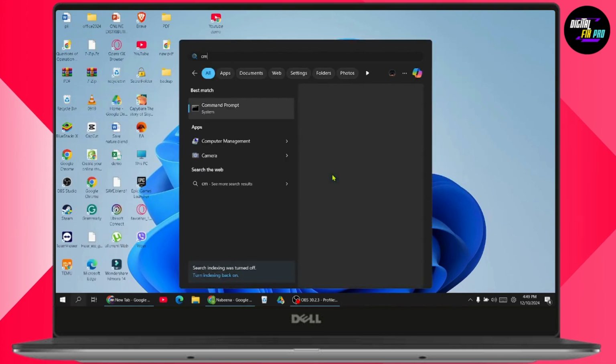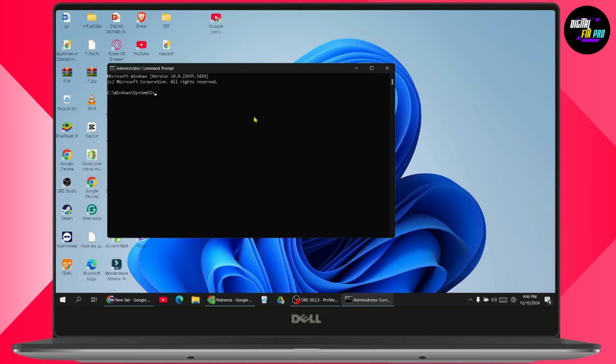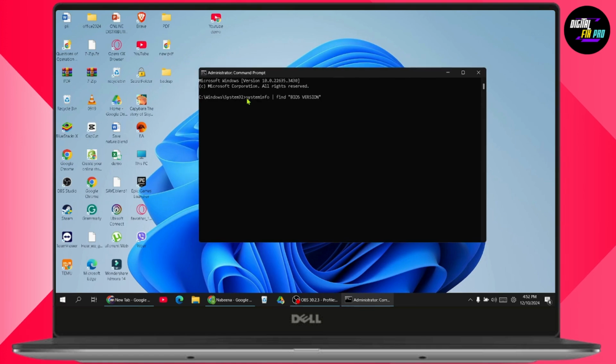But you can also simply search for CMD right here and go with Run as Administrator and click on Yes. Now you need to enter a command, which goes like systeminfo | find "BIOS version" and then hit enter. It might take some time and you will have the BIOS version. But if you don't get the BIOS version, then there is also a next command, which is